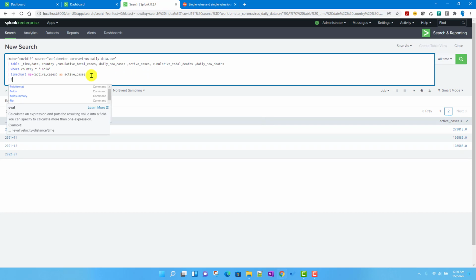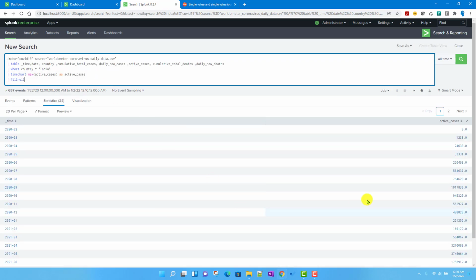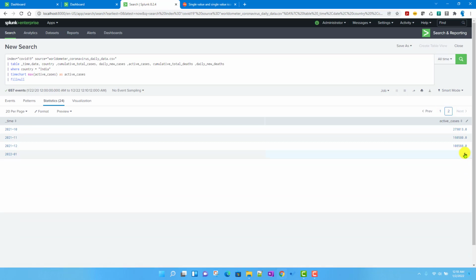I will do another thing as well. I will do a fill null over here as well, so that it will replace the null values with zeros. If you see for January 2022, because of the static nature of this data, we still do not have that data, right? So that's why it is showing up 0, but in reality it is definitely not 0,